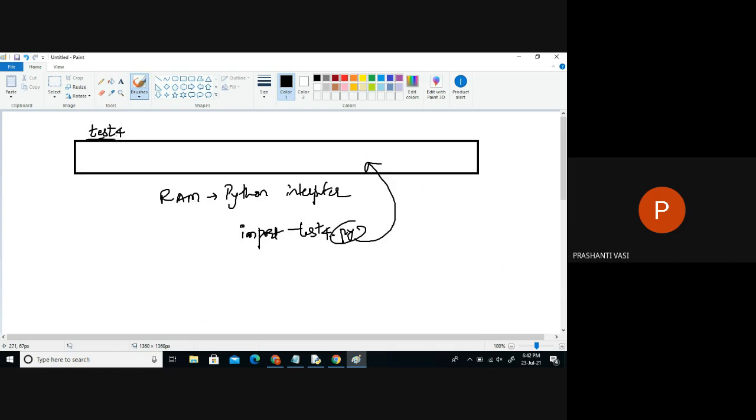So the file name is important here. The whole code of the file will be found inside the system somewhere in one block only, one unit only. Whatever you wrote in that particular file will be available here. As of now, I just wrote a code here, print hello. That is the line which is loaded in this particular system. And here the software is an interpreter.